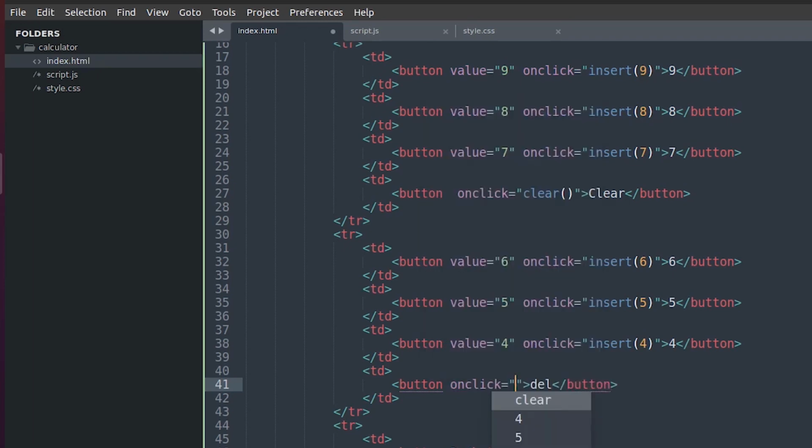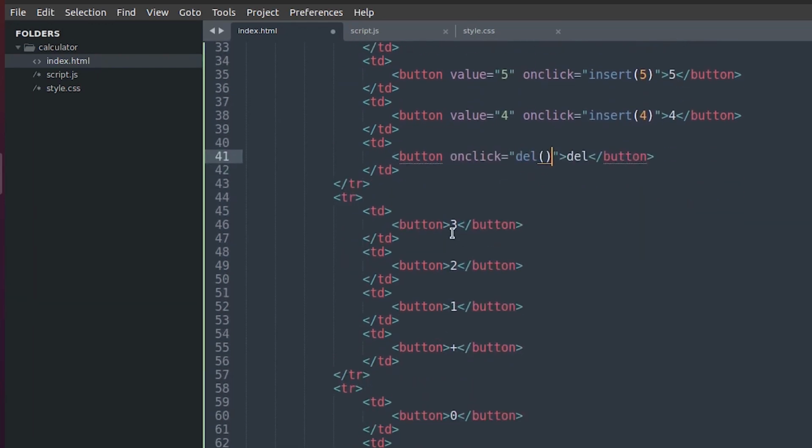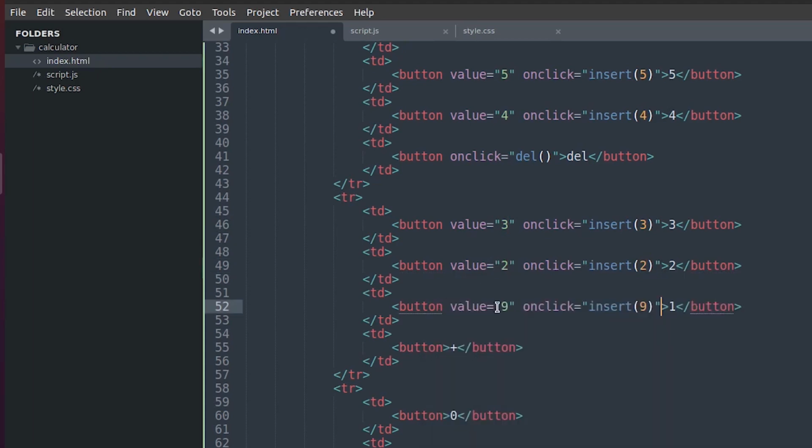Okay, so on click, and then we pass our delete function. So this is delete, 2, one,